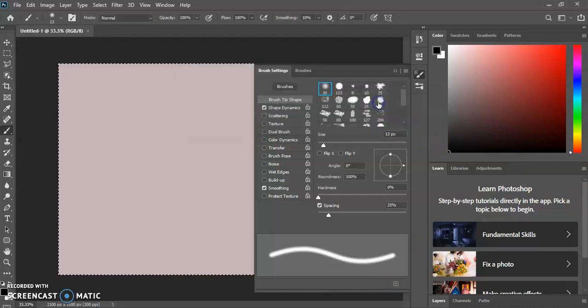Each brush, you can have multiple options available over here. Each of the brush presets is in the list on the right side of your panel